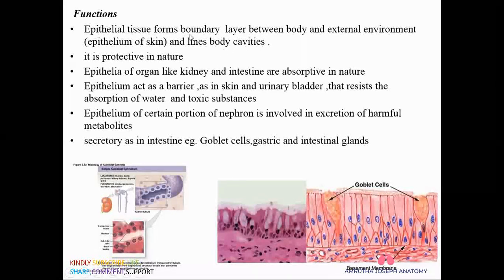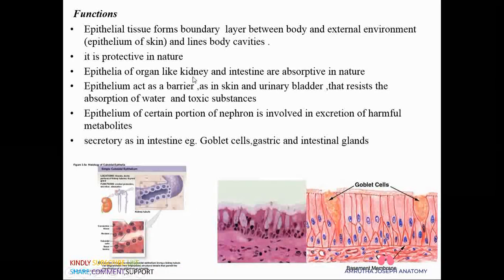So epithelium can be seen in the outer aspect, like skin, and in other areas, the body cavities like the abdominal cavity, chest cavity, pelvic cavity, and also the tubes. We have many tubes: the windpipe, trachea, and the food pipe, esophagus. These are lined by epithelium. The function is protective. One of the main functions is protection. For example, skin has a protective function,